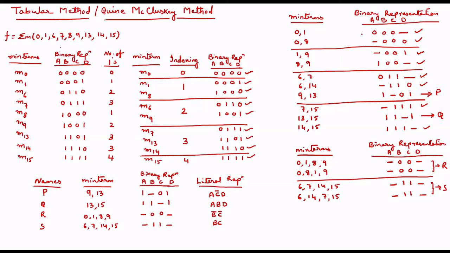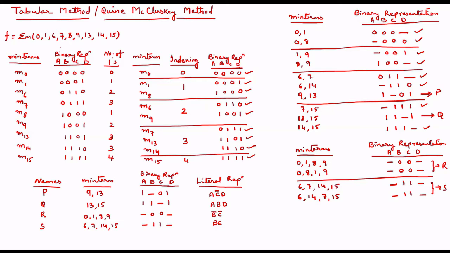So look what I am doing over here: 0 1 I am considering. 0 1 has its last bit as dash, so I am searching for a last bit dash. I am finding here a dash is there, here a dash is there, and the last dash is there. Let me compare with these three. So comparing 0 1 with this one, I am finding only a single bit change is there, the rest is the same. So I am considering the next group as 0 1 comma 8 9 and putting a tick mark over here as well as over here. You see the next group I have taken, 0 1 8 9. The first bit change is that dash, 0 0 dash.